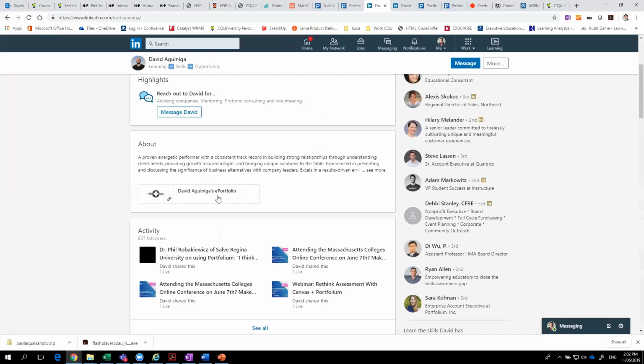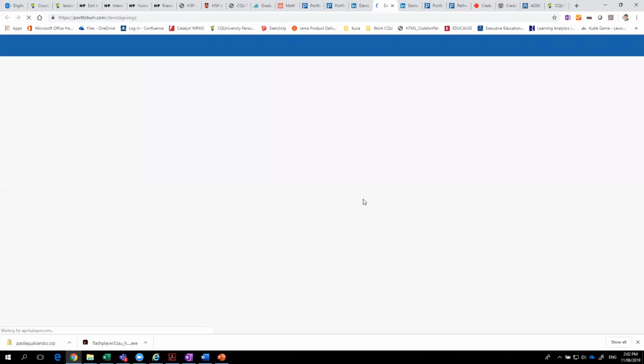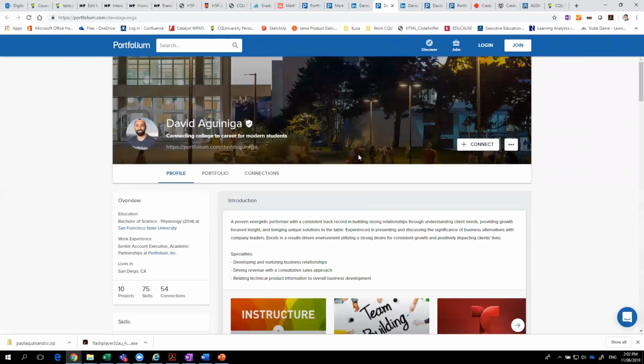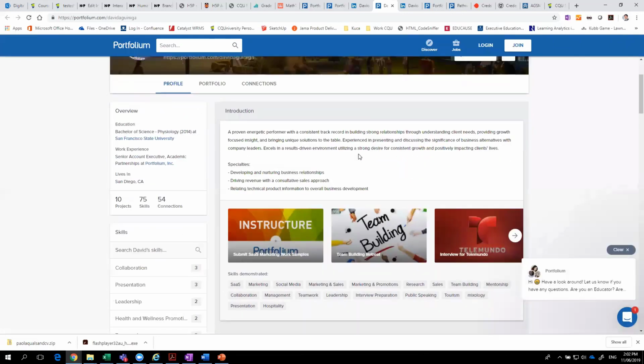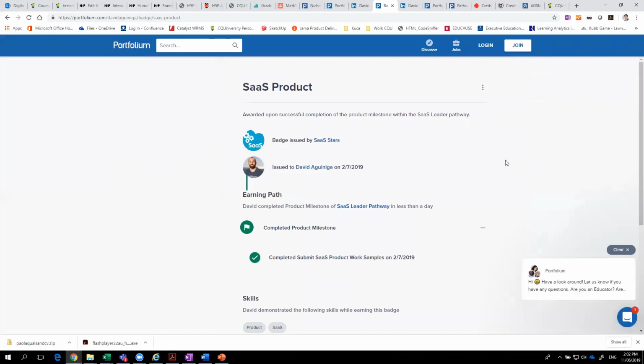And if I look at David's e-portfolio, which I think I probably opened, did I open it here? I'll open it now. I can view his particular e-portfolio and what he has done as well. So it's also for our staff. Anybody would be able to benefit from something like that. And this is an example of how badges work. He engaged in this software as a service type training, and he's earned this particular badge.